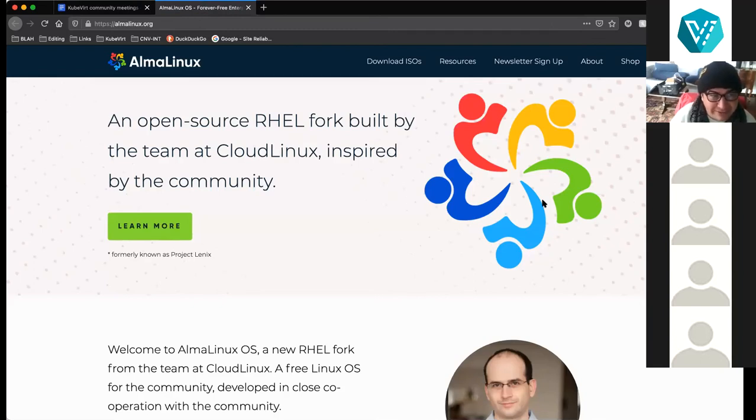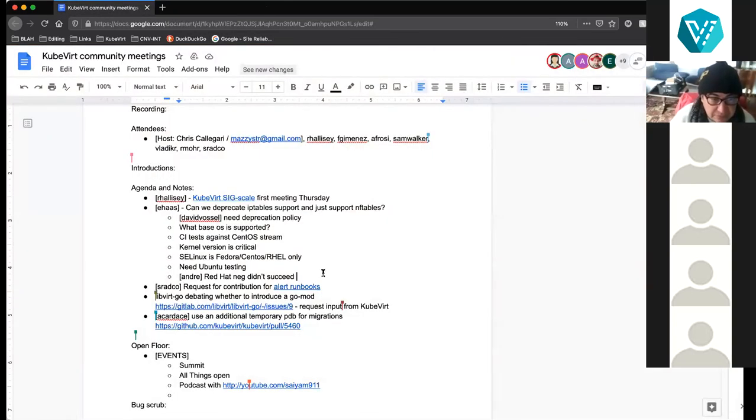I just want to mention regarding the NF tables support. For Debian and Ubuntu, Debian even kind of replaced IP tables with NF tables. They have some variant of IP tables, the IP tables NFT layer, which interprets all existing IP tables rules into netfilter.